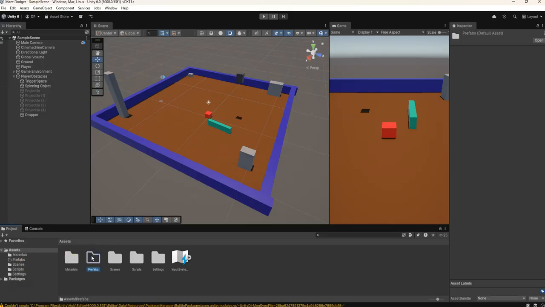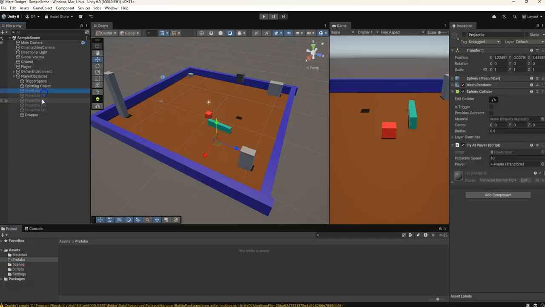And let's go into that prefabs folder, and what we want to do is take something that we're repeating over and over again and make it so that we can have it as a pre-made object. And the thing that we can see right now that we're doing that with is our projectiles. Now I'm going to turn these on here just so we can see that very easily. Okay, so our projectiles, of course, are coming in different directions, but these projectiles,